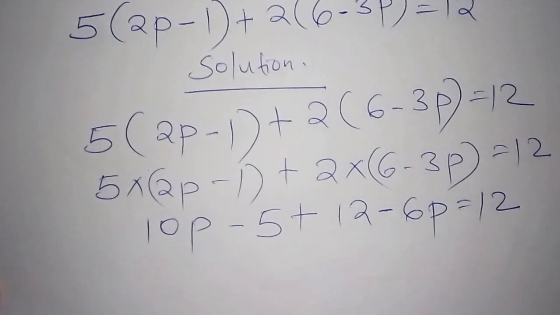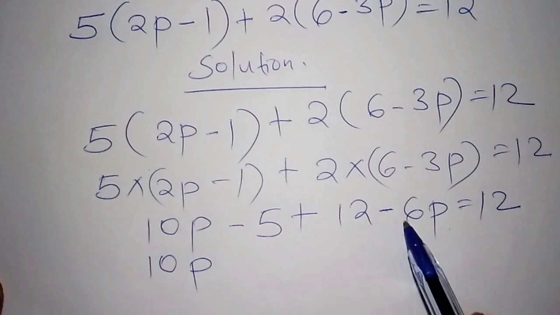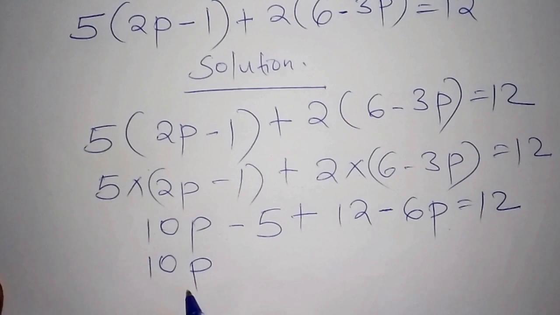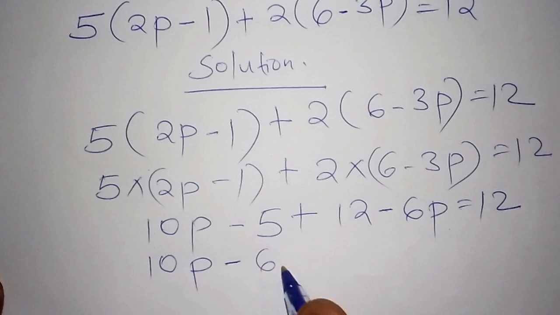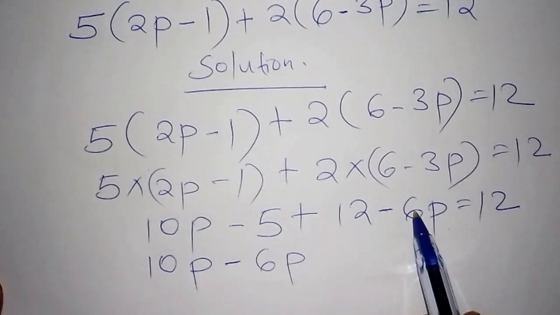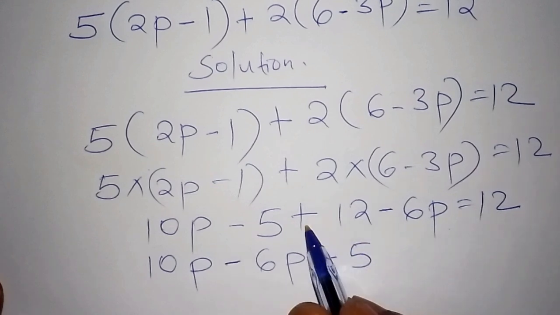So what's the next step that you're going to do? The next step is that we're going to put the like terms together, the unknowns together. So 10p and 6p, we call them the unknowns. So here now we shall have our 10p here. We are not going to pick this 5 because 10p and negative 5 are not the same. So we are going to pick the ones that are the same. So minus 6p here. Then from there, now we shall have our minus 5 plus 12